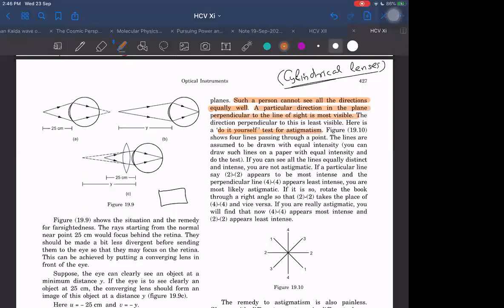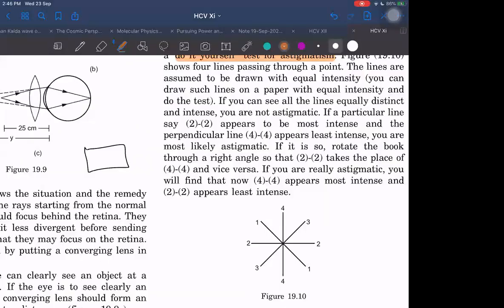There are several lines drawn. If all lines appear to you equally bright, it means you don't have astigmatism. But if you notice that some line appears slightly dim compared to the other, all are not equally bright, then you may have it. For me, this line here really is appearing much brighter as compared to all other three lines. Now, I don't know, is it really bright?